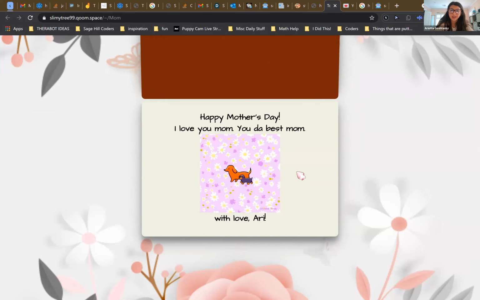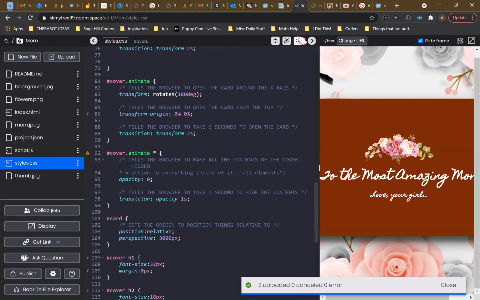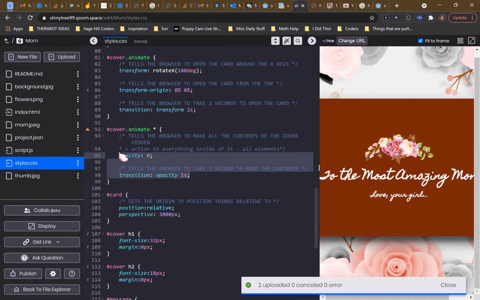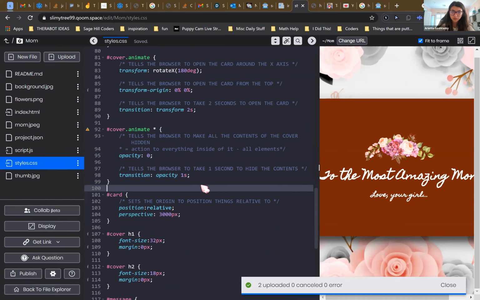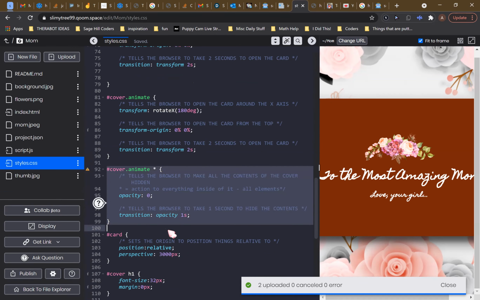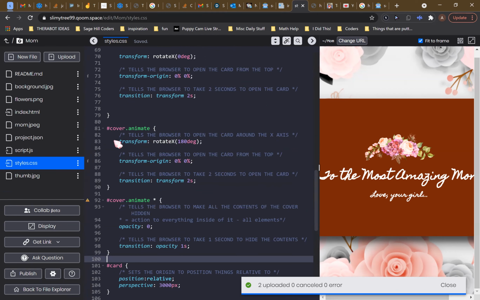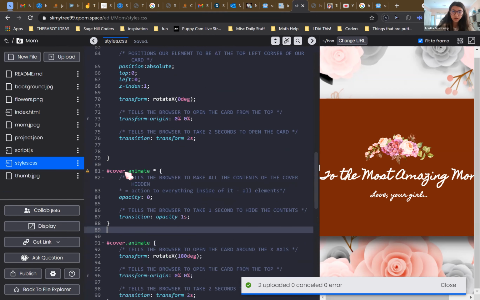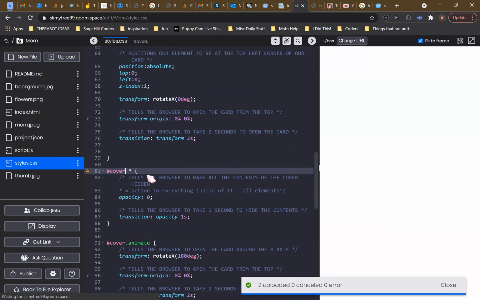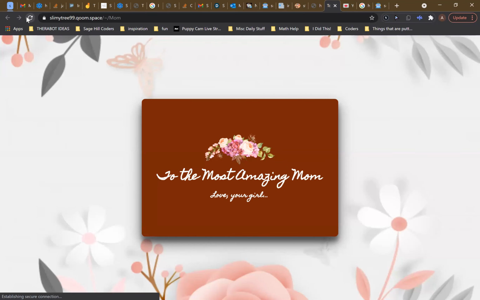Oh wait, I would need to copy and paste probably the other thing too, right? Yeah, the opacity thing, but instead of 0, you would want 1. So actually copy the whole thing, lines 92 to 100, and paste it somewhere and just delete .animate. Why would I need to do that? Oh, I see. Because you removed it, so now we need to tell it everything in the cover. We want to make opacity 1, but we want it to take 1 second to do it. And why is it opacity 1? Opacity